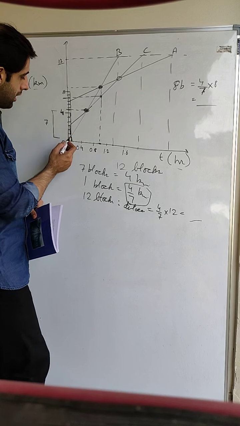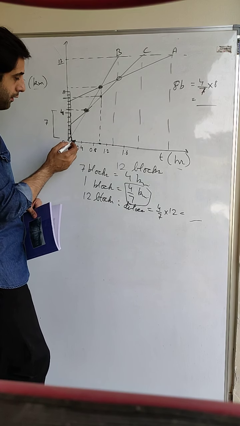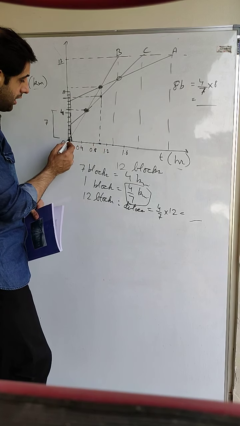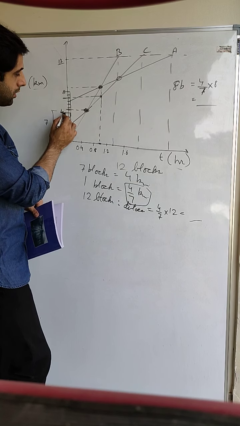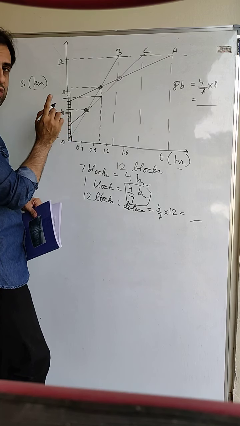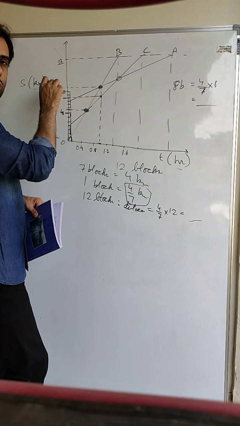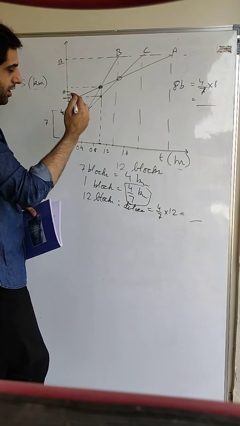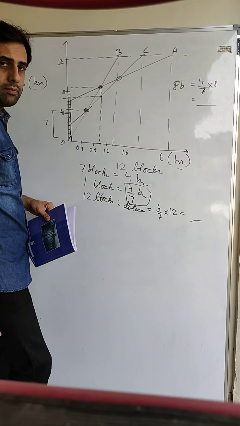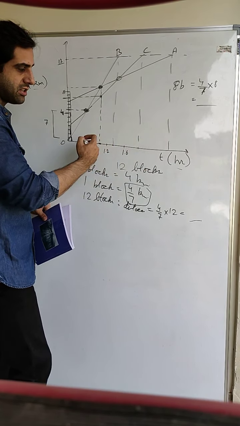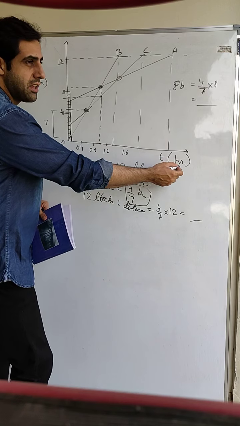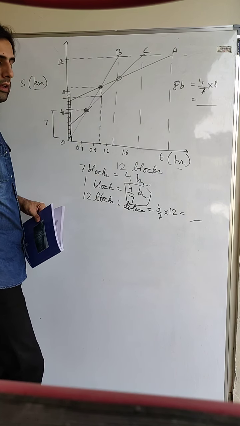Now here if you look at the graph, it is divided into very small blocks. If you have to count the blocks, 4 km is the end of the 7th block, and then again 8 km at the end of 7 more blocks, that is 14 blocks, and this way it goes. And similarly on the time axis also it goes like this. You have to count the blocks. Now time is given in hour and distance is given in kilometer.